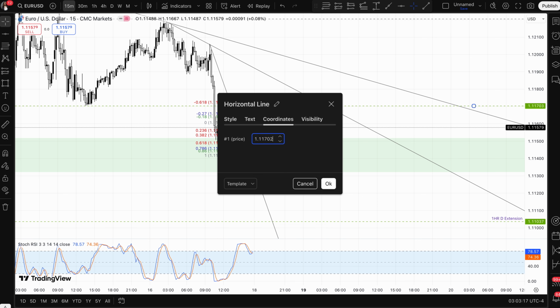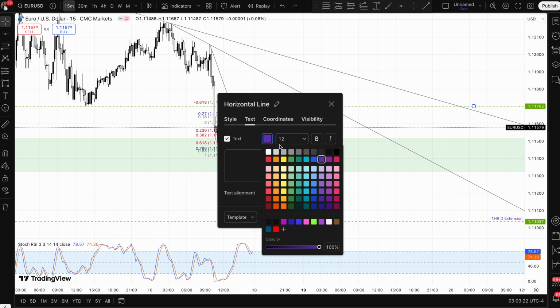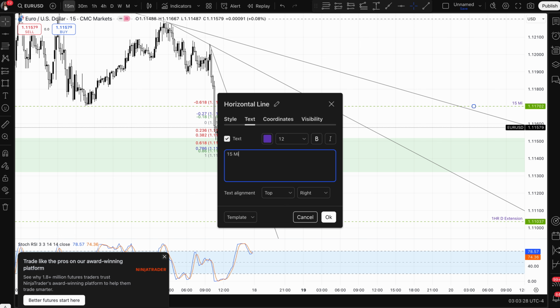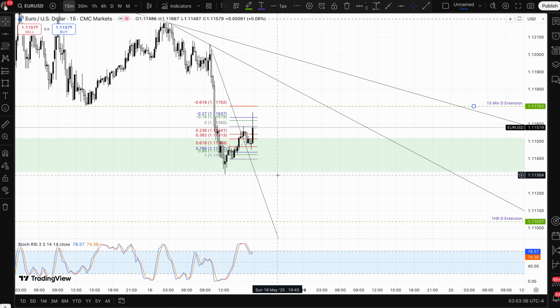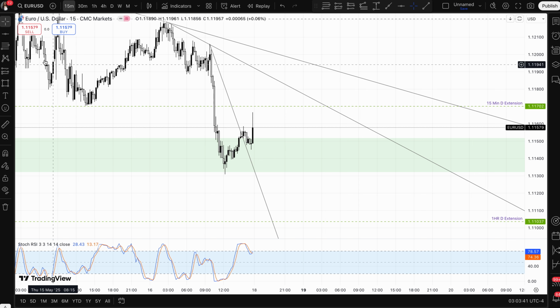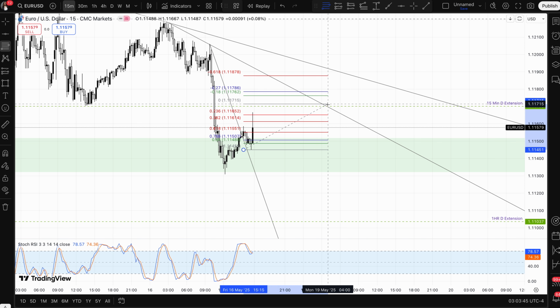I was close. 11702. This is 15-minute D extension. And why I'm looking at this, man, D extension. Why I'm looking at this is because I'm trying to gauge where we could potentially pull back on that next move for an entry. So if we do get a swing high, which we got to get the high first